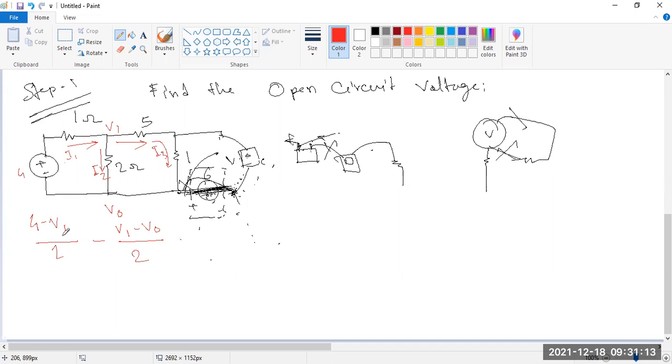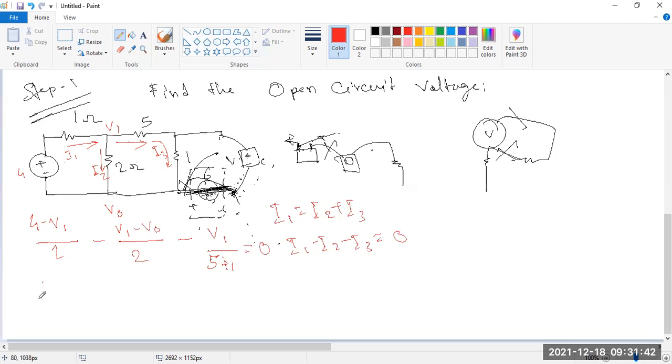Okay. Because why is this minus? Because we are taking I1 equal to I2 plus I3. So if I write I1 minus I2 minus I3 equal to 0, that's why this is coming minus. Okay. And this is also minus, because this is V1 by this 5 and 1, that is 6. That will be the 0. Okay, this is the equation. Then we can solve easily.